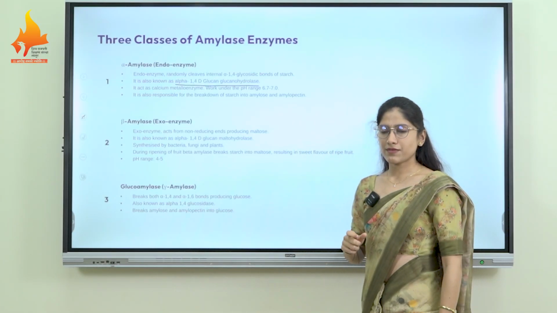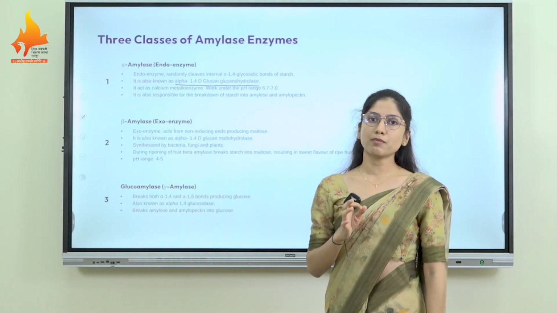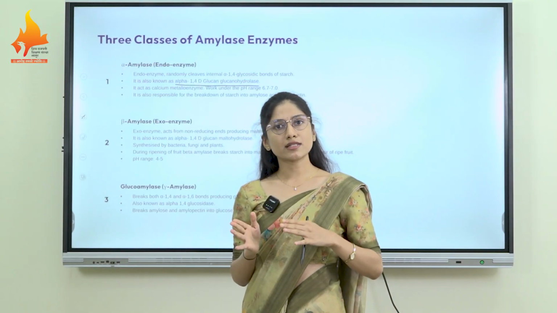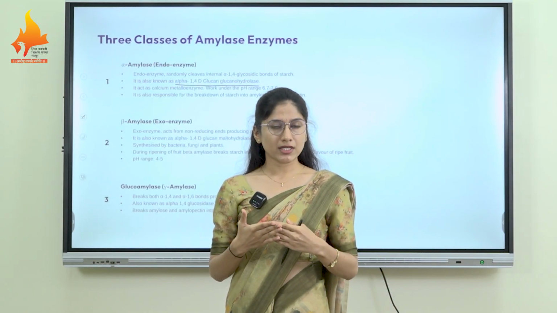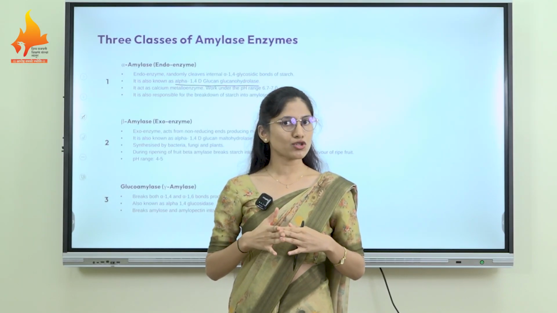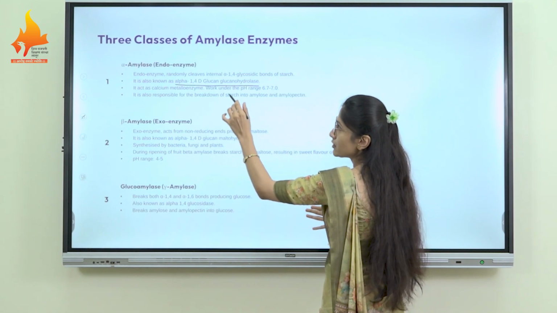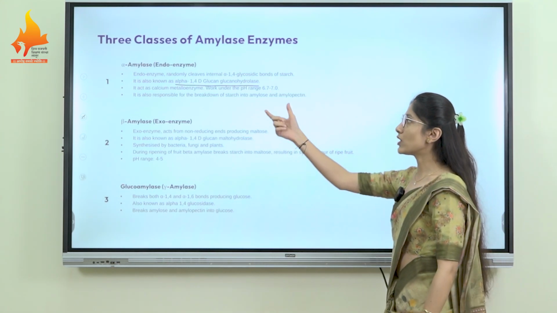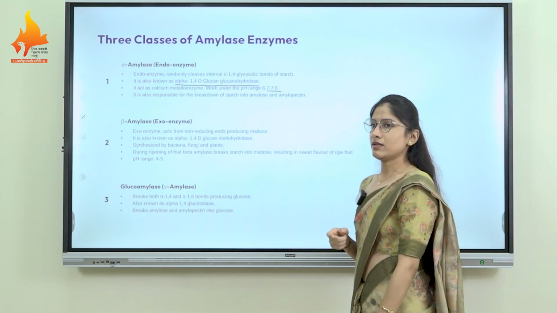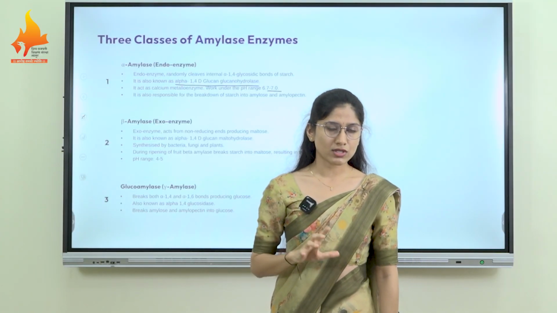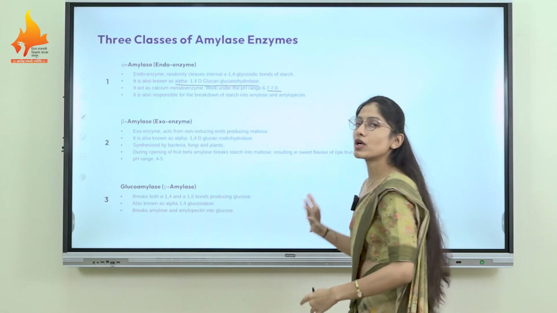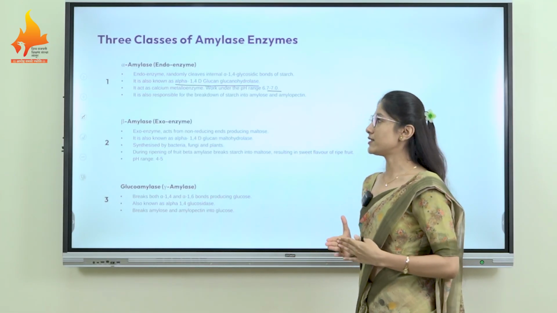This alpha amylase acts as a calcium metalloenzyme. The calcium ion is strictly required for the enzyme's catalytic activity, thermal stability, and structural integrity of the enzyme structure. This type of amylase works under a pH range of 6.7 to 7. Approximately neutral pH is required for the growth and production of this alpha amylase enzyme.